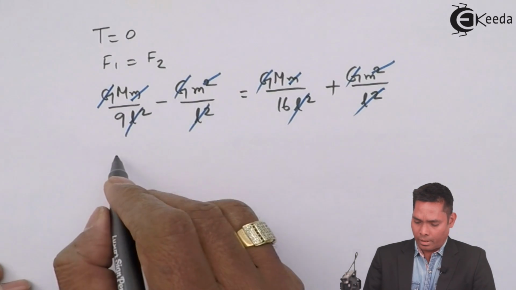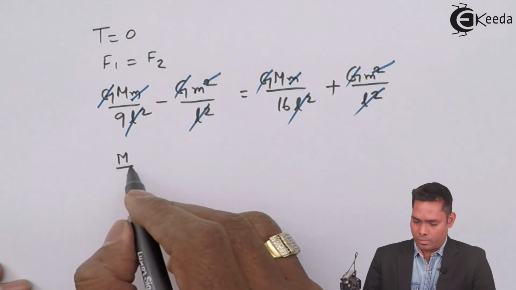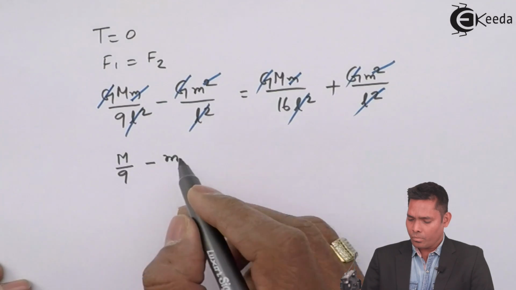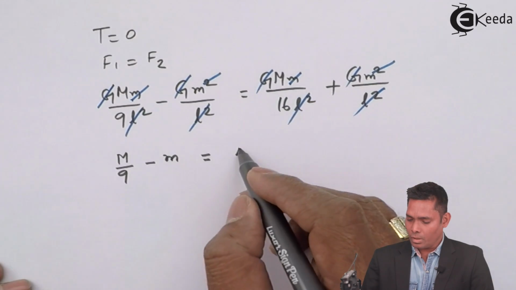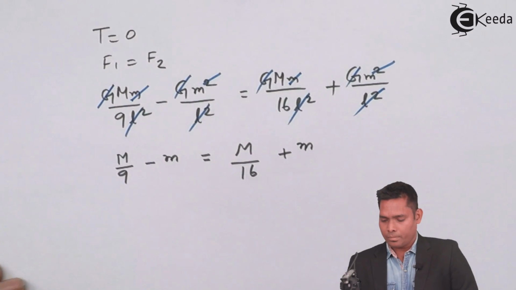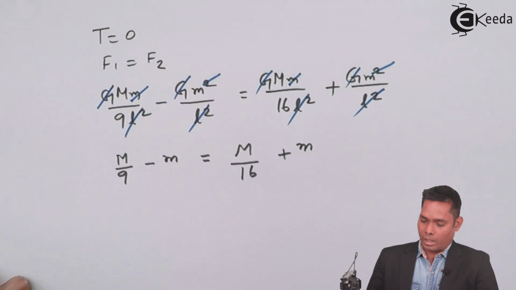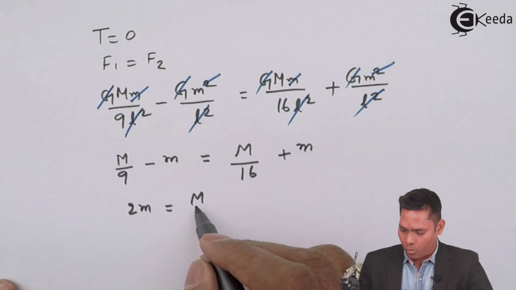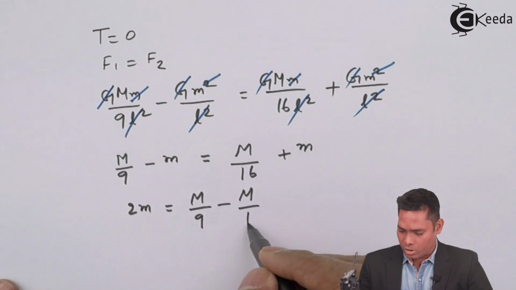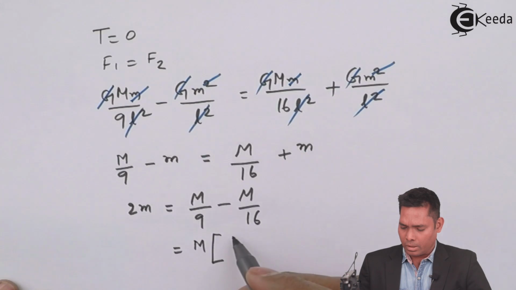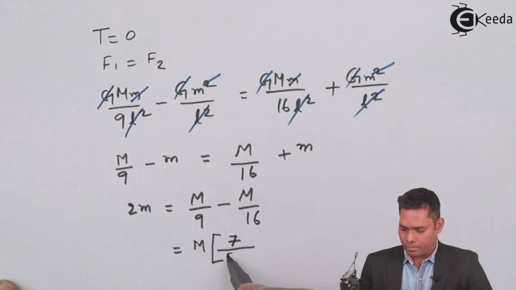It is M over 9 minus small m equals capital M over 16 plus small m. So that means 2m is M over 9 minus M over 16. So from here, if I take M common, it is 16 minus 9, 7, divided by